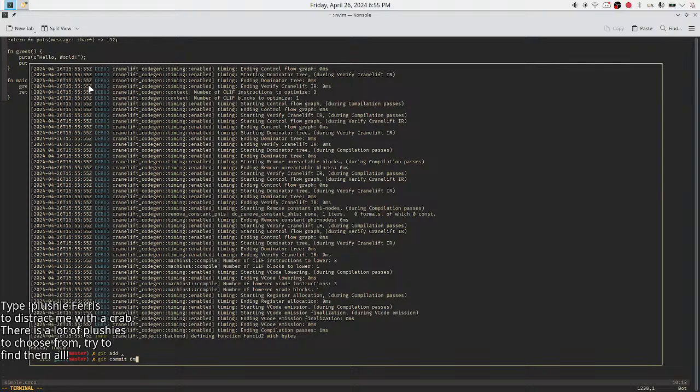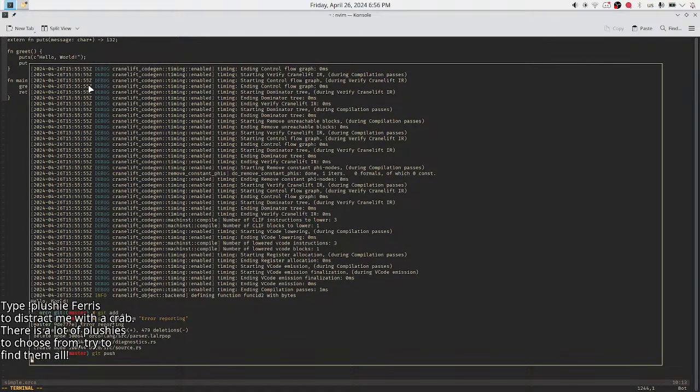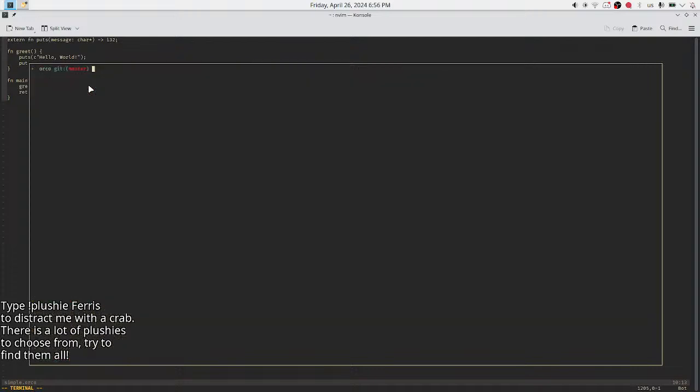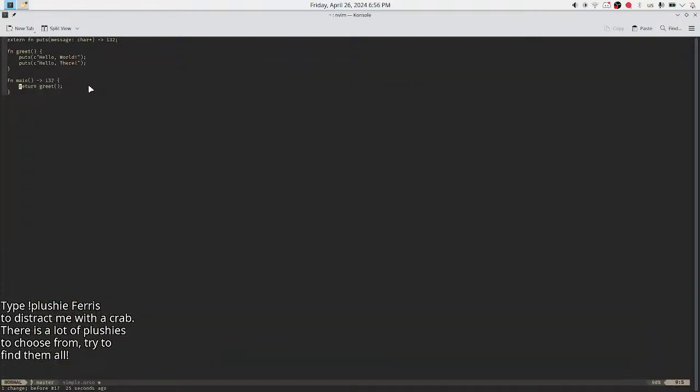Commit message: assert error reporting. Push. And I still don't have many tests. I still have many tests commented out because I'm not ready to use them because I don't have some functionality.